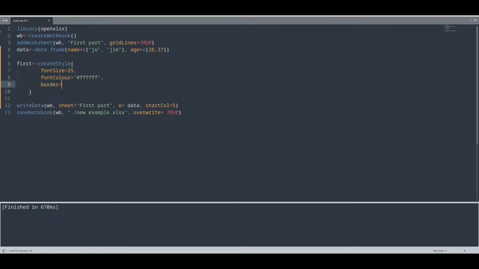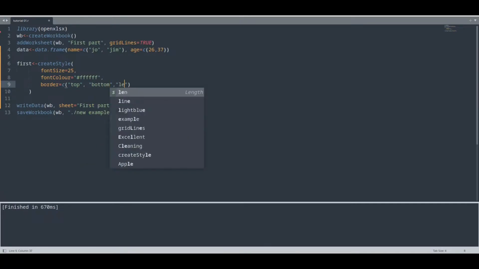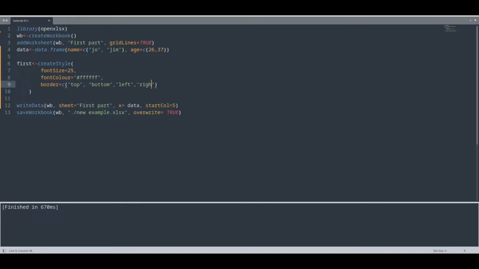Then border, so top, bottom, left, right,